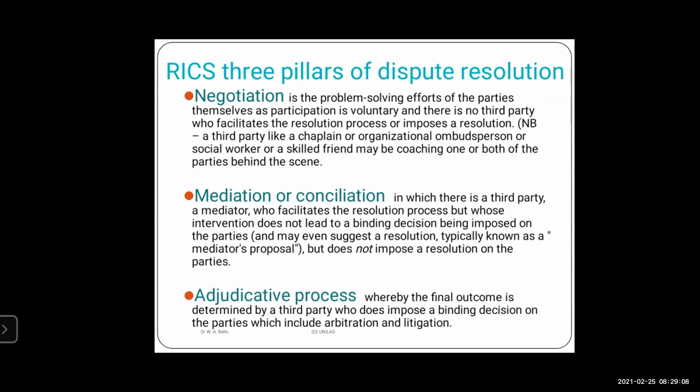The function of the third party is to facilitate the resolution process. He is just to facilitate the parties to understand themselves and agree. It is just like an intervention, but that kind of intervention will not lead necessarily to a binding